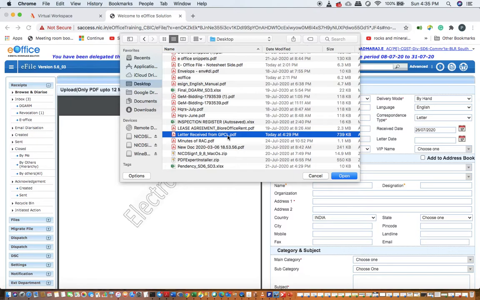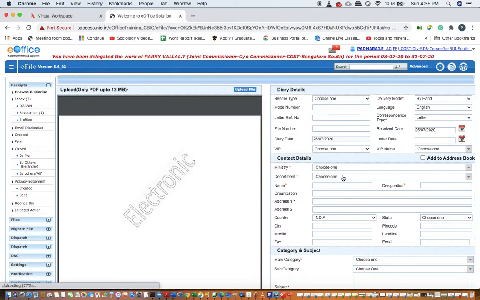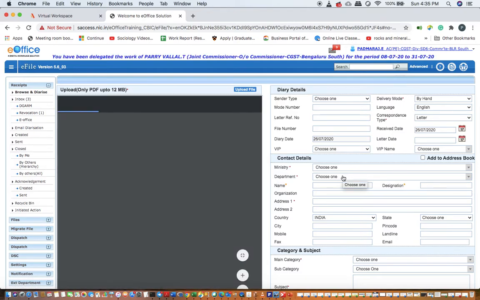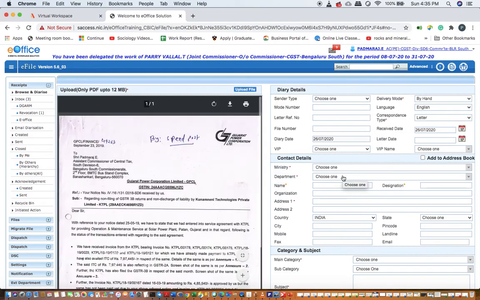So this is a letter that he received, a letter received from GPCL. This is a letter that is received in the Tapal section that is addressed to the Assistant Commissioner of the Division.